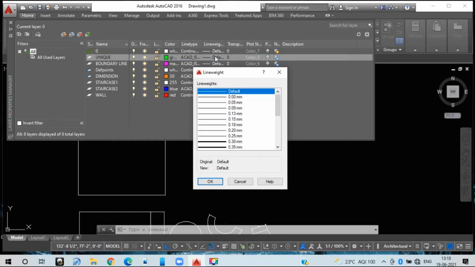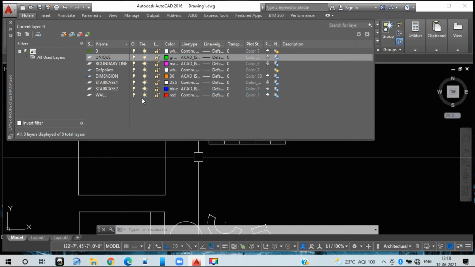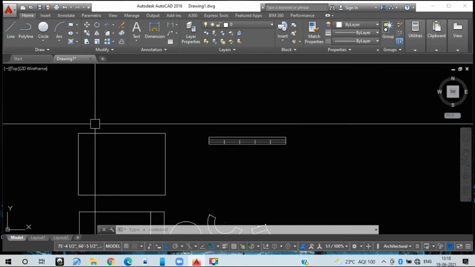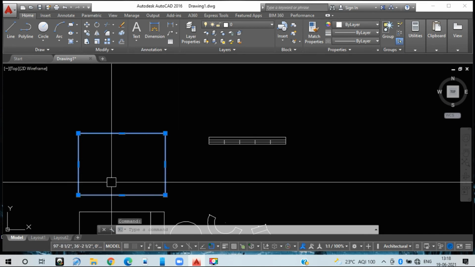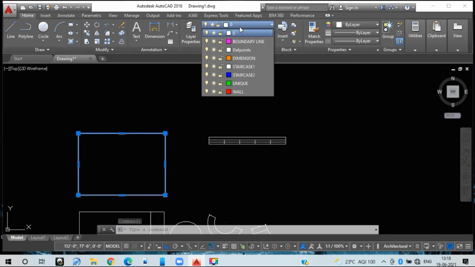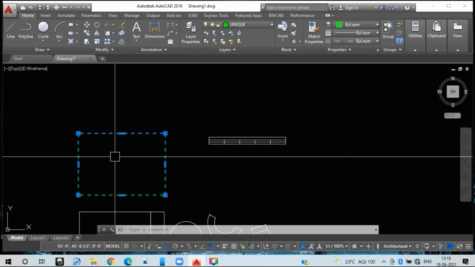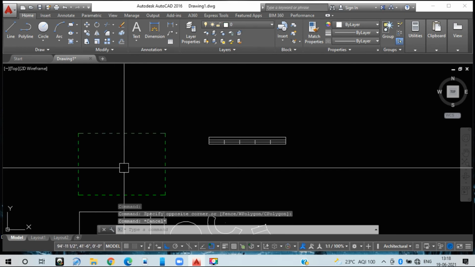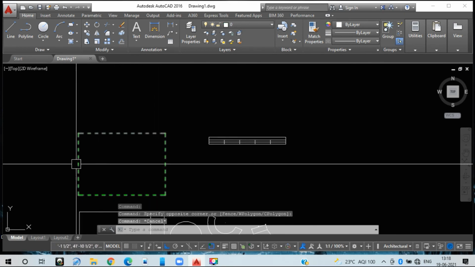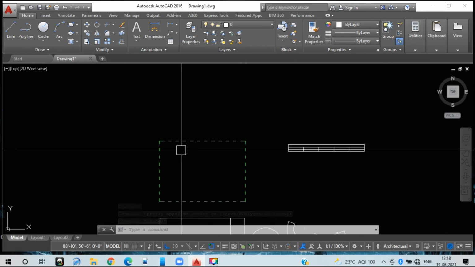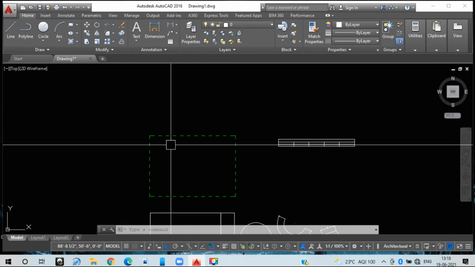Again, you require the lineweight, that is the thickness of the line. I have given a default. You can go with any thickness if you want, then press OK. Once you are done with all those things, you can close this. For example, I want to make it a green line, that is the unique color. So select this rectangle, then press your unique layer, and it will become your unique line. There I have selected the dash line. So we got the dash line here, and this is unique. See here, this is how it works with the layer button.